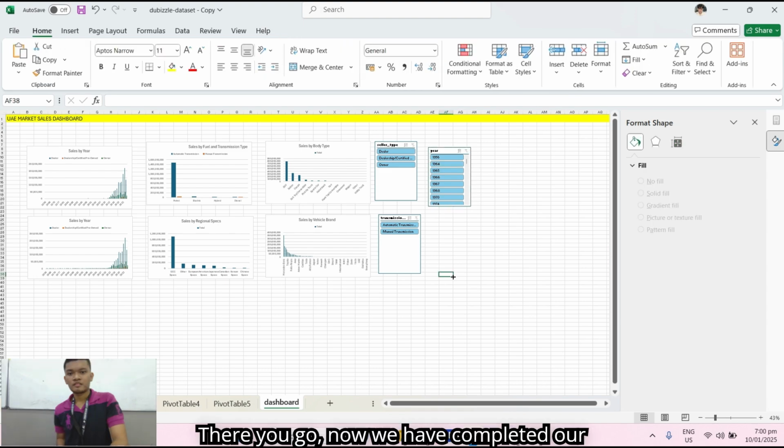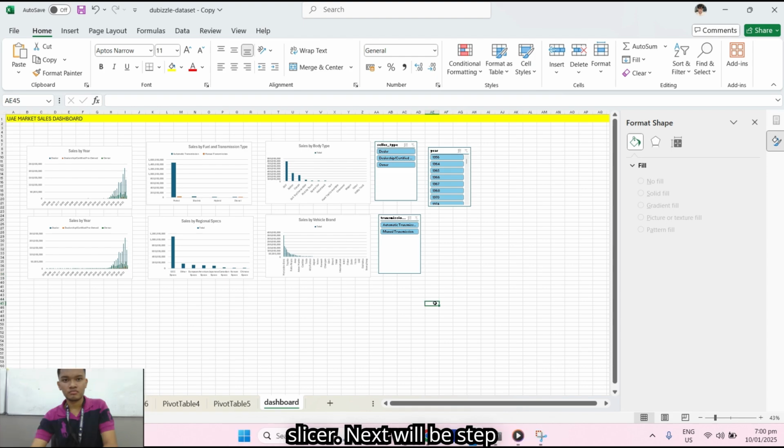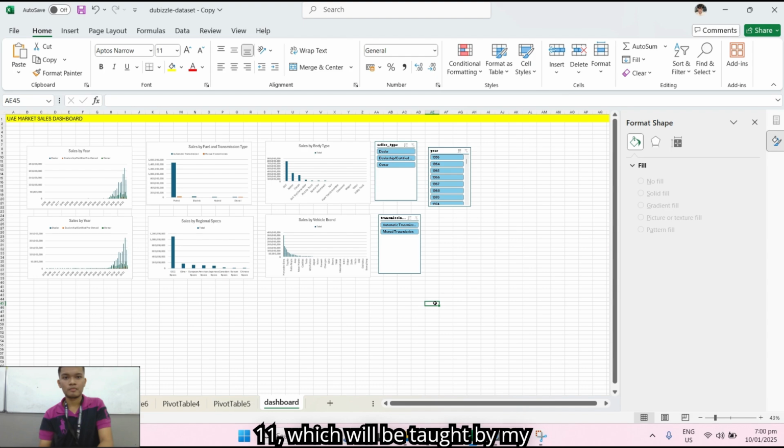There you go. Now we have completed our dashboard that is interactable with slicers. Next will be step 11, which will be taught by my other group mates.